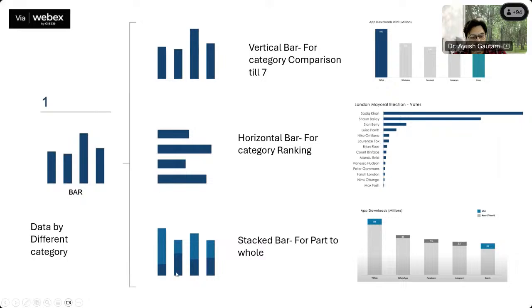Then again, stacked बार चार्ट क्या होता है? फॉर पार्ट टू होल, जैसा पाई चार्ट था वैसे ही पार्ट टू होल होता है. मींस दिस पोर्शन इज शोइंग whole part of this whole. Suppose this is the total download of TikTok in the world, and this sky blue color is showing the downloads in the USA only. So this is the total downloads of TikTok software in the world, and this much in the USA. If we are plotting this kind of graph, then it is called the stacked bar.